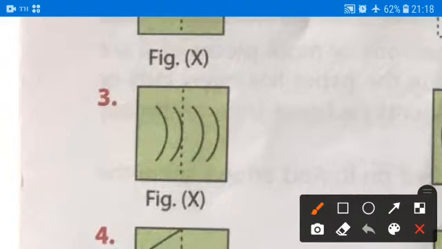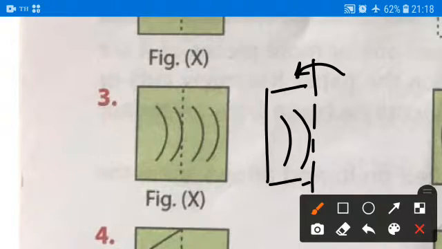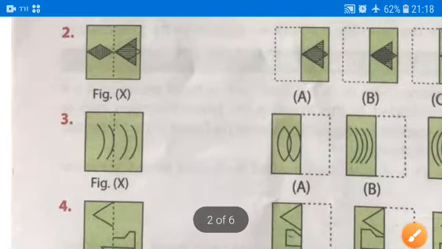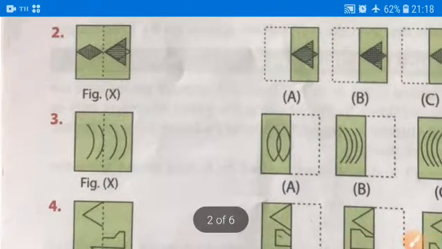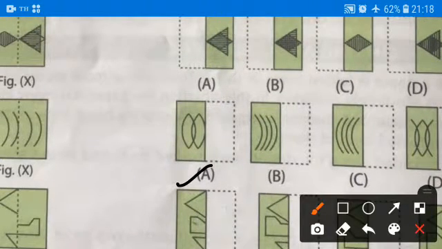So if I fold, these lines were earlier there, and if I fold this paper, I will get such kind of lines. These are not exact, but you can imagine it. So the correct answer will be option A.